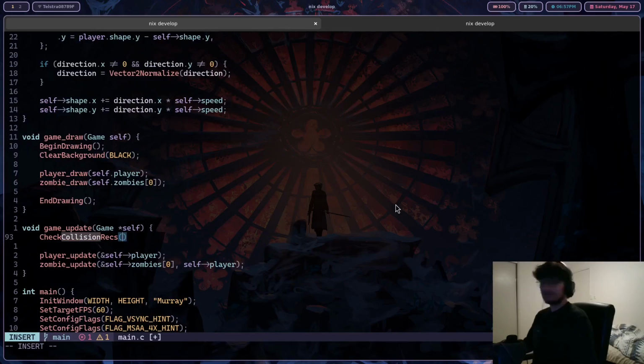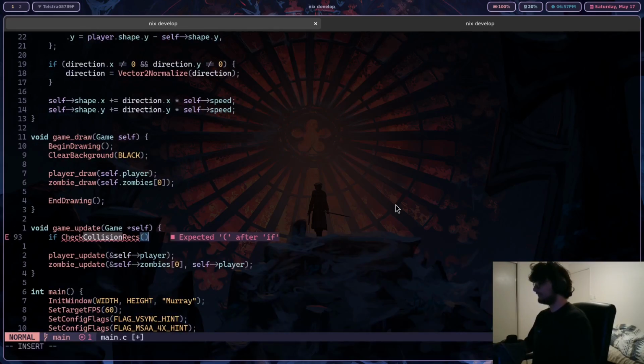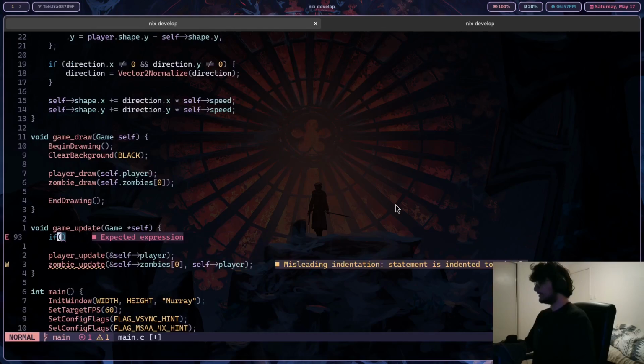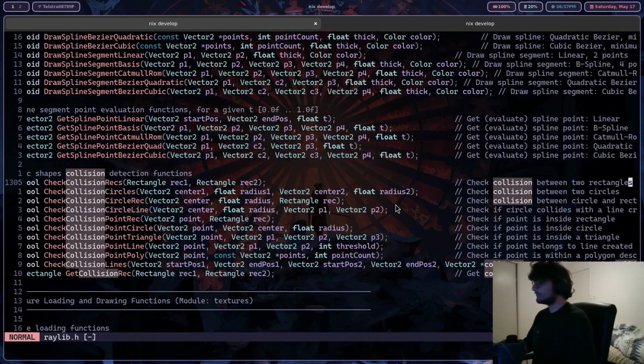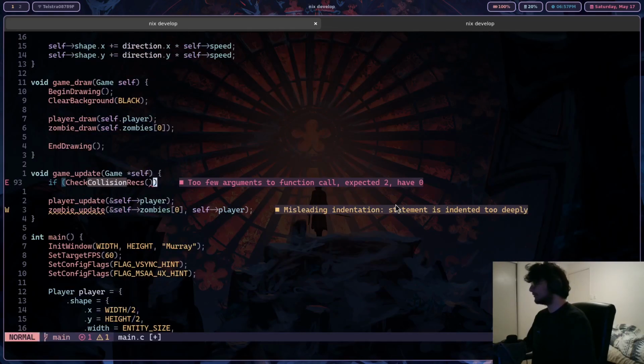Okay, so if, I'm guessing it returns a Boolean, right? Oh, right, sorry, I have been programming in other languages that don't need brackets around the if. Oh, here we go, okay. Does it return? It returns a bool. Okay, cool. So if collision recs, and we'll say